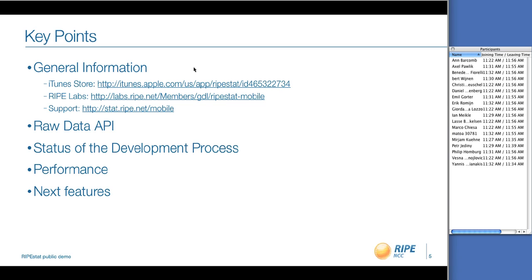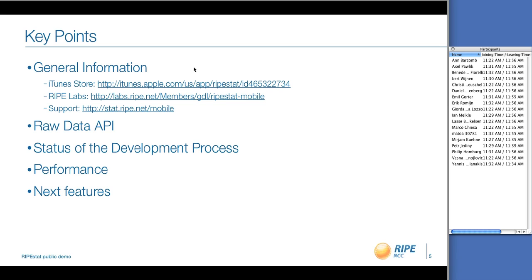This demo is going to be focused on RIPEstat Mobile. This is a mobile application that offers an interface to all the data sets we present on the website in a way that is designed for handheld devices. So in a way, this can really leverage the capabilities and the features of those devices.